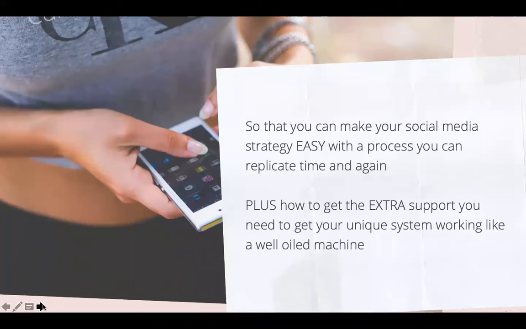And I do this so that you can make your social media strategy easy with a process that you can replicate time and time again, rather than having to keep doing program after program after program. It's setting you up with a simple system that you're always going to be able to do, review, and scale as your business grows, and so do you.